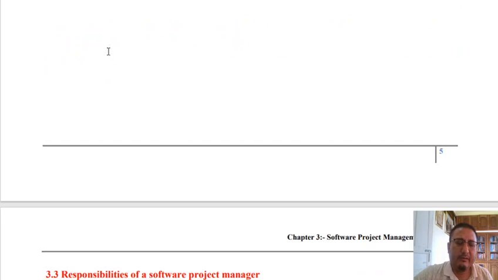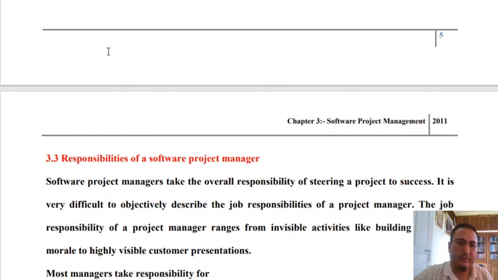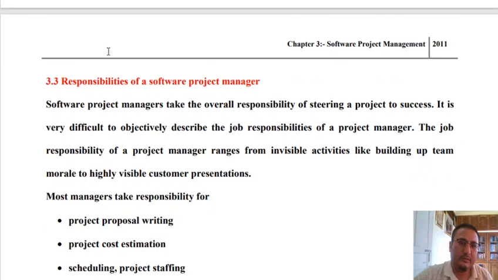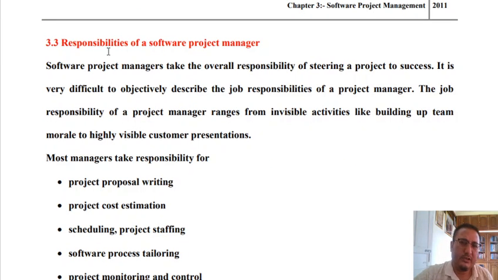So these are the 5 important development processes that you need to understand whenever you are discussing software project management. Now let us discuss a few of the responsibilities of a software project manager. A software project manager is solely responsible for steering the software project to success. That is, it is the responsibility of the software project manager to successfully complete a software project.